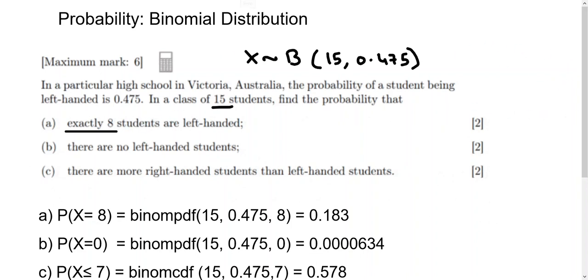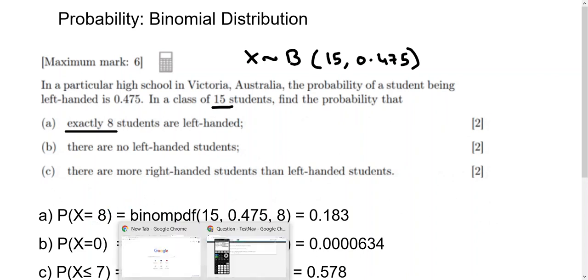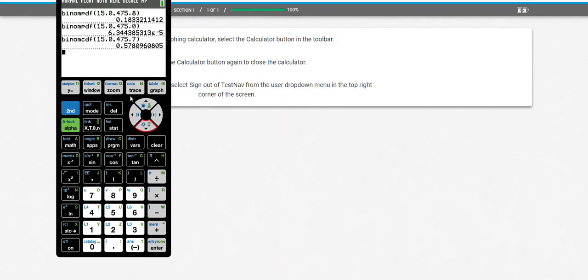Exactly 8. What does that mean? Exactly 8 means the probability of the number of students is equal to 8. So x is equal to 8. When it is x equal to 8, what we'll use is on the GDC. I'll go to the GDC, and then, so what we have here is, we start with,